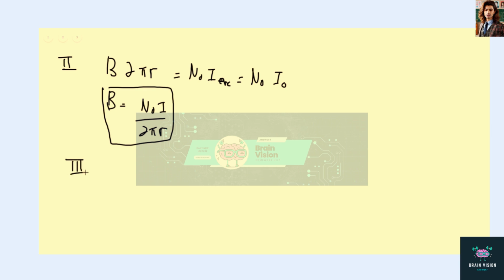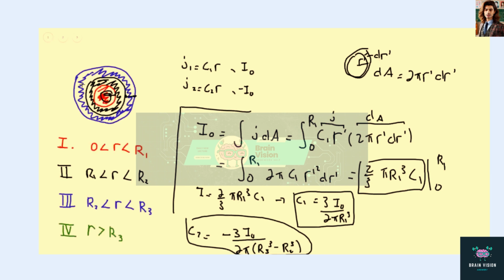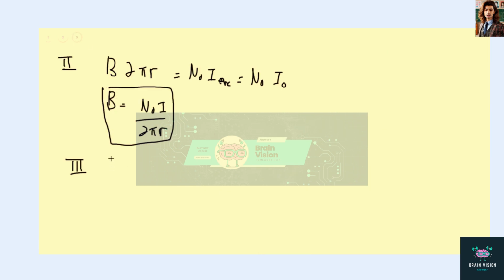Now in region 3, so now we're moving out into the blue region, so we always are enclosing this current I naught, and now we're going to be enclosing more current, negative current this time. So same thing, the integral of B dot ds is going to be B 2 pi r. And now we have mu naught I enclosed, and we know we're always enclosing the red region, so we always are going to just have I naught. And then just like before, to find the new current, the negative current now, enclosed in the blue region, the outer region,